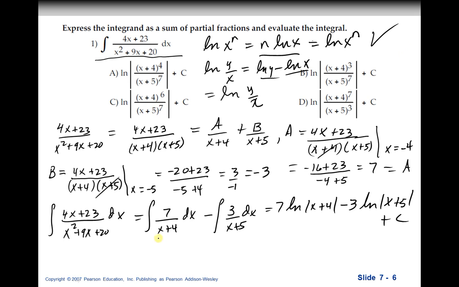Now, using the properties of logarithms, we can see that's